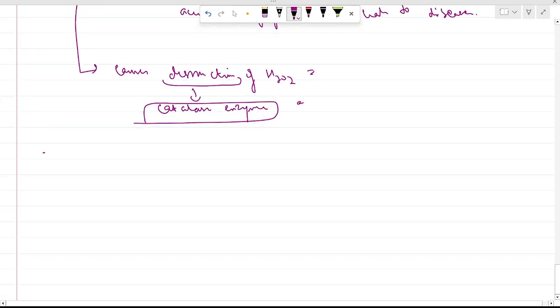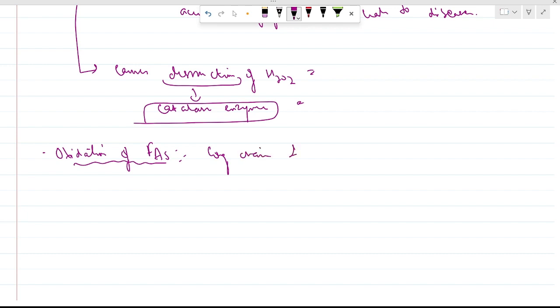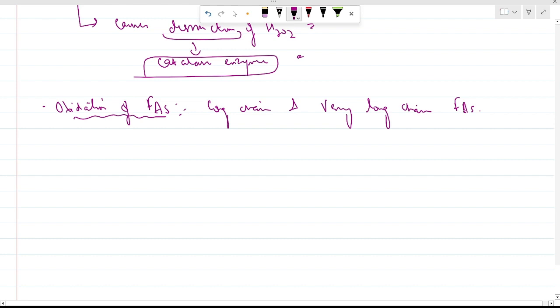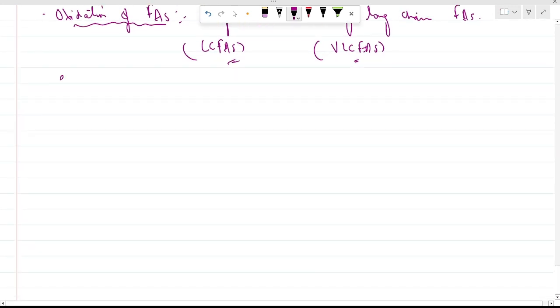Then the second function is oxidation of fatty acids. This peroxisome is also involved in oxidation of fatty acids. Which fatty acids? Long chain and very long chain fatty acids. In lipid metabolism, in biochemistry modules, we will see how peroxisomes are involved in oxidation of long chain and very long chain fatty acids. Long chain fatty acids are LCFAs, and very long chain are VLCFAs. These are the short forms, LCFAs and VLCFAs. So oxidation is done by the enzyme